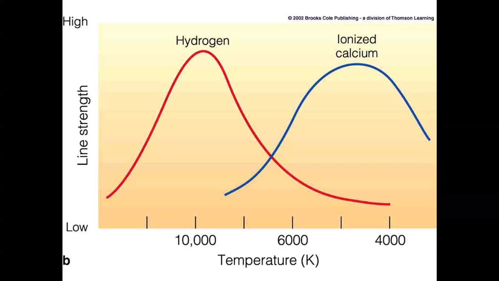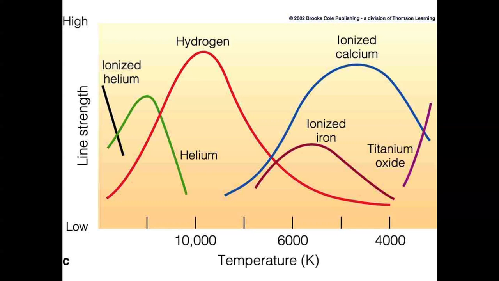Whereas if you look at a hydrogen line of intermediate strength and you see calcium absorption, then you know in fact that it's more likely to be an 8,000 degree star. And that's how you tell the difference. As you look at absorption lines from a series of different atoms, you build up an overall picture that allows you to estimate far more precisely the temperature of the atmosphere of the star and over the whole range of possible stellar temperatures. So here you see some of the different indicators and how their line strengths vary with temperature,